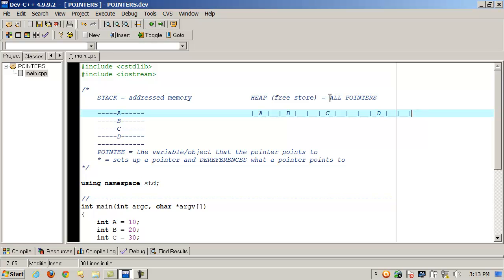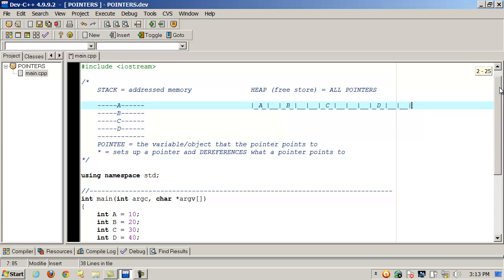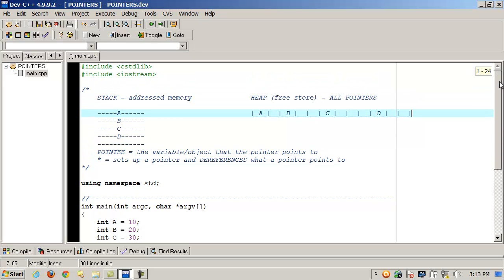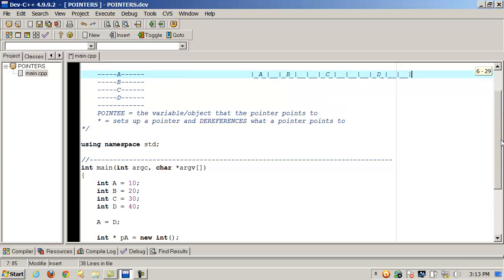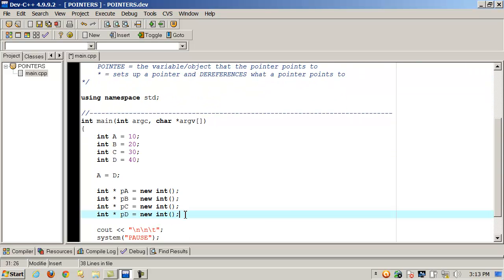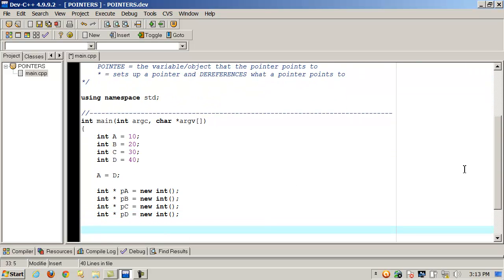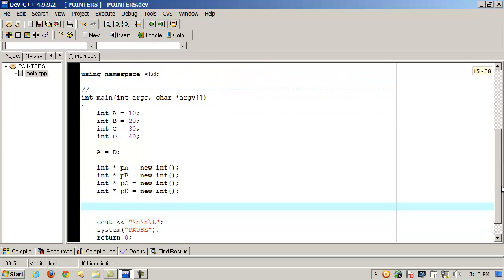Just trying to build an analogy, but maybe that will give you an idea about the heap or the free store. That's a lot more efficient, a lot quicker, a lot easier, a lot less demanding on system resources, and uses less memory than trying to move things around on the stack. And so now when I need to get at any of those values, that will fundamentally change how I access it. If I were going to display the value of A,